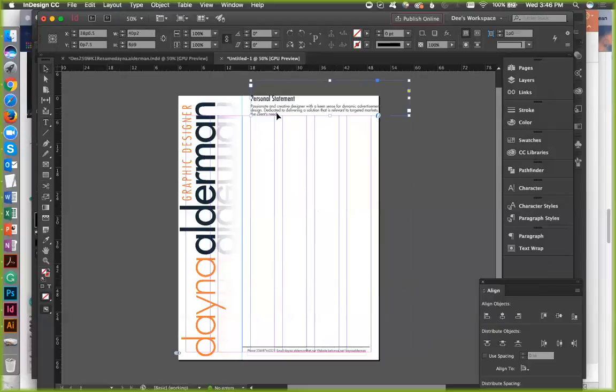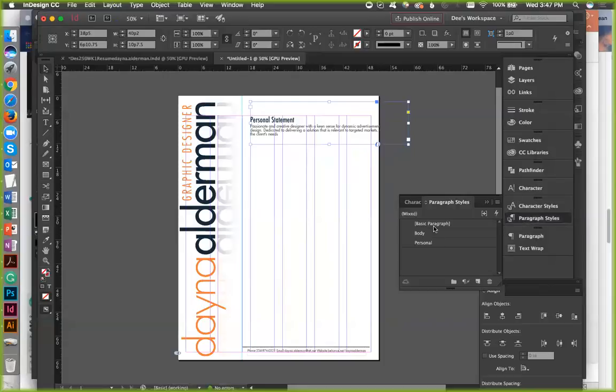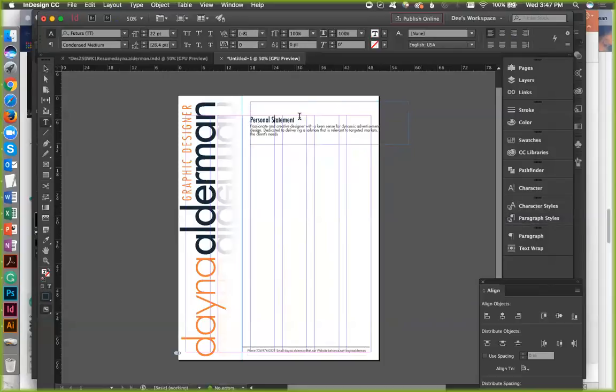And I'm going to show you why. I want that in. Why is it giving me space above? I don't know why it's giving me space above. I don't have any space above.